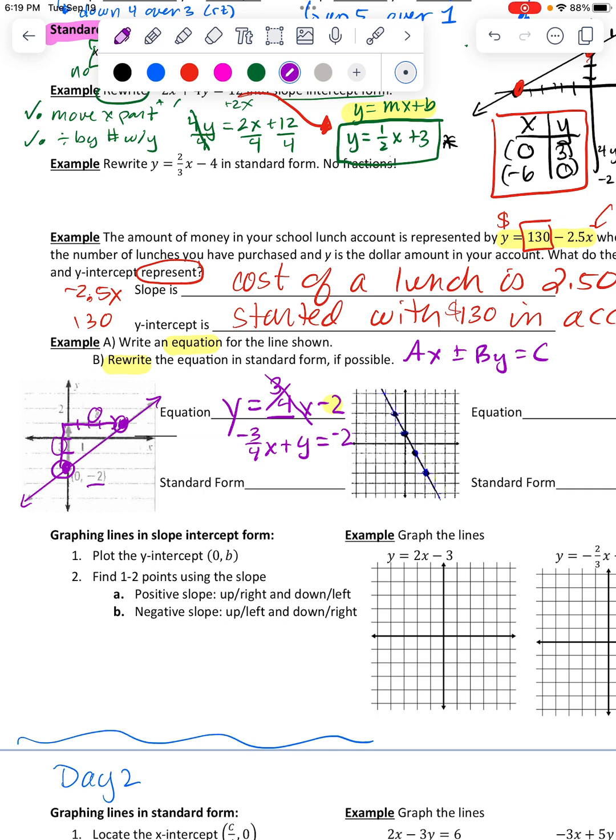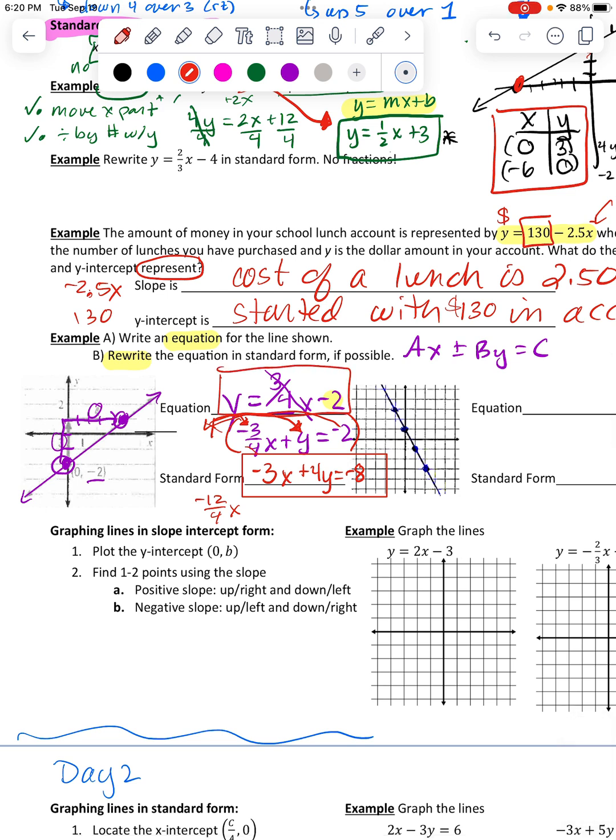So we have done this a little bit when we were doing solving, and you think about a number that would clear that out. Well, you have a 4 on the bottom, so just multiply everything by 4. So the first one would be 4 times -3, but that would give you -12 over 4x. So that reduces to just -3, because essentially those 4's cancel. But you can't just multiply that part by 4. If you're going to quadruple it, you have to quadruple everything. So now the y is 4 times bigger, and the constant is 4 times bigger. So then this is the same line as this was,